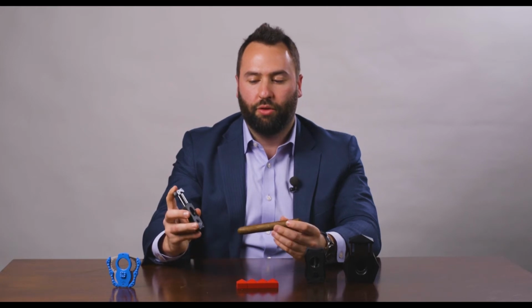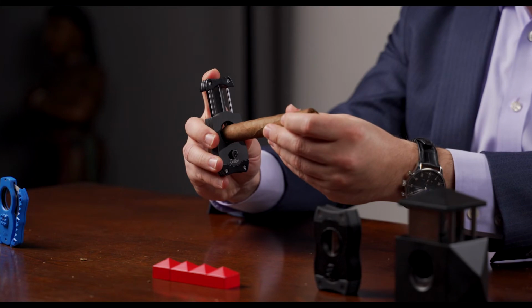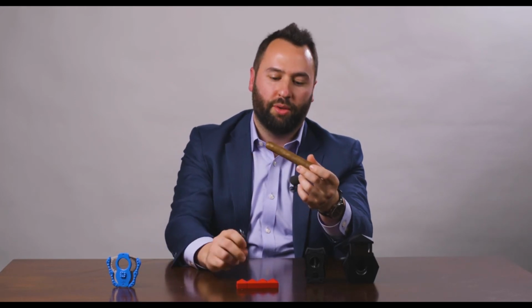The V-cut has a deep chamber and inverted blades so that no matter where I place the cigar, it will always give you a consistent cut, as you can see. As I became more advanced, I used the straight cut as well. Colibri has the Quasar, we have the Quasar Punch,